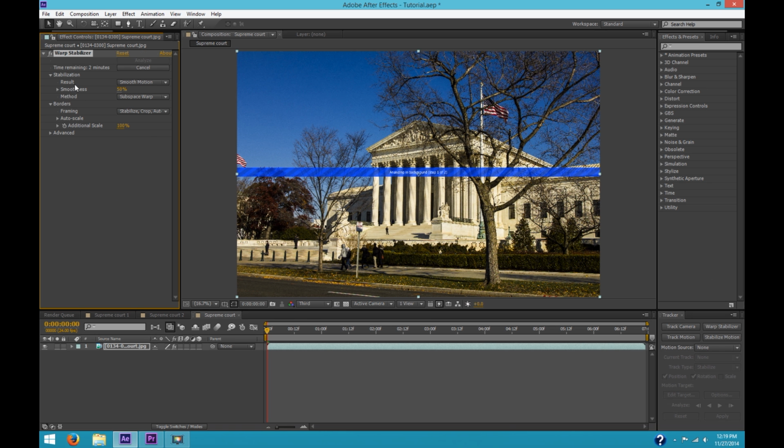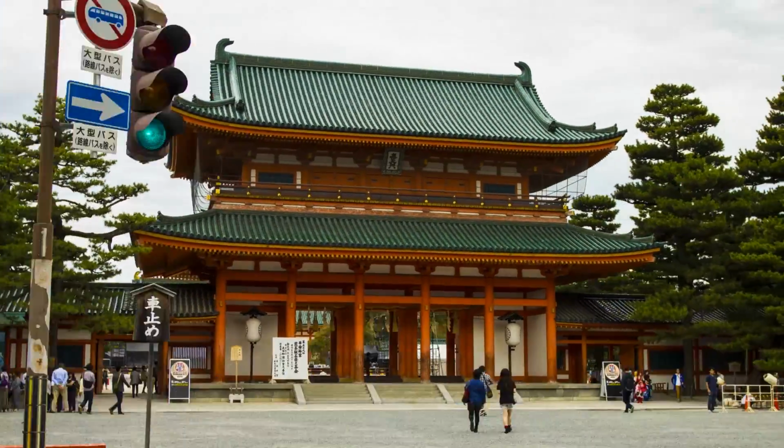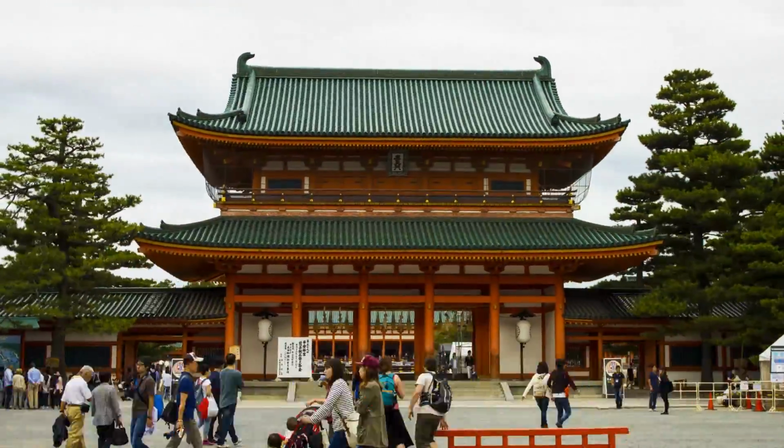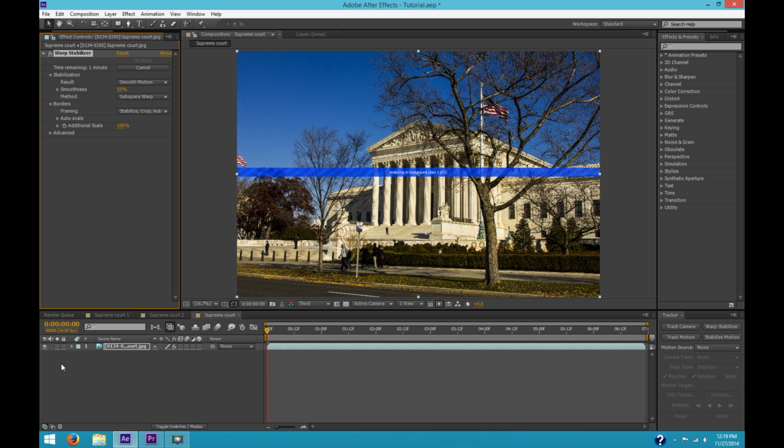By default, the stabilization method chosen is subspace warp, but there's also some other options in here. Subspace warp sometimes produces some weird artifacts. Like I'll show you an example of a case where it's producing all kinds of jello type warping artifacts on the screen. So if I was going to use this as my jumping off point to do some manual stabilization afterward, I usually disable subspace warp just because if it produces those jello effects, then it could be really hard to get rid of it. So I would choose position, scale, and rotation.